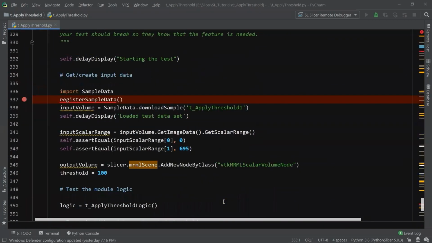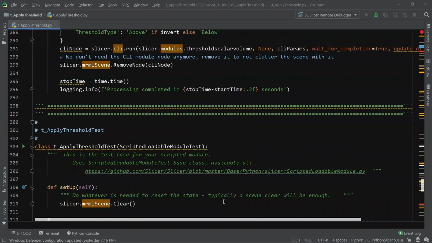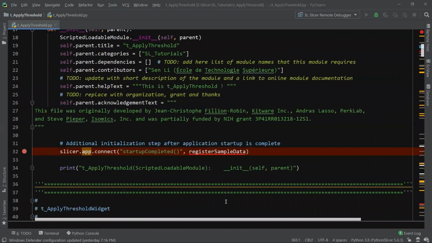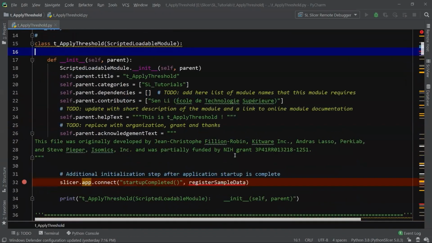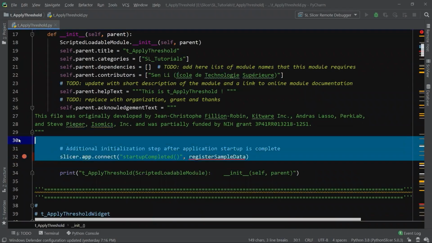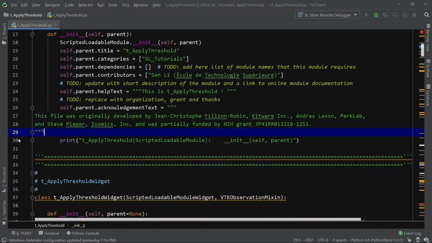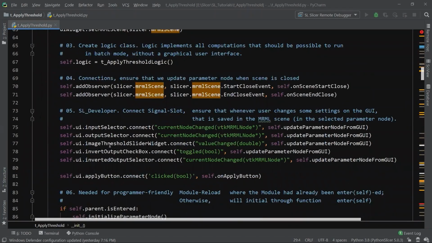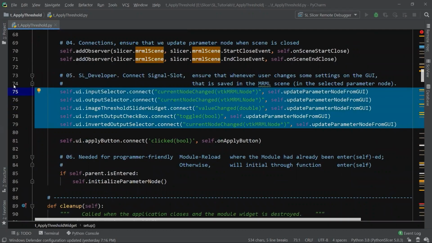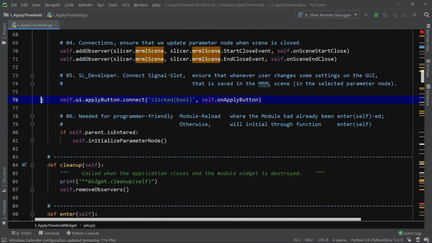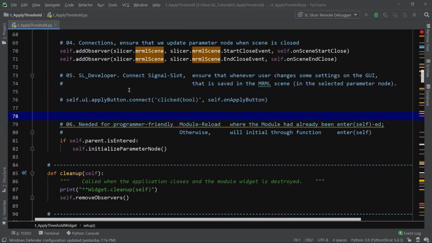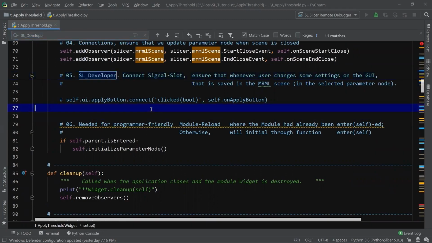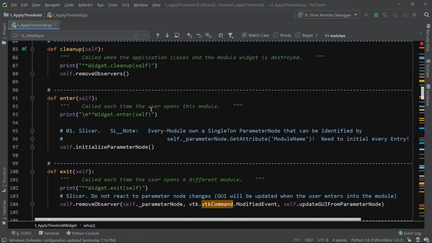Done. Now let's start cleaning the code and prepare the neat blanks from the top to the bottom. In the module class constructor, we remove the signal slot connection of register sample data. Moving downward, we remove the top GUI signal slot connections and comment out the statement for apply button to prepare for our application Hello World. We search the flag of SL developer to make highlight and moving downward.